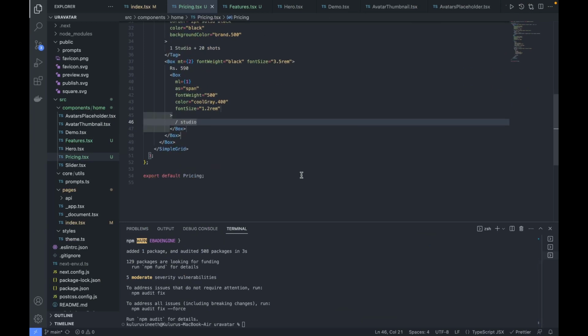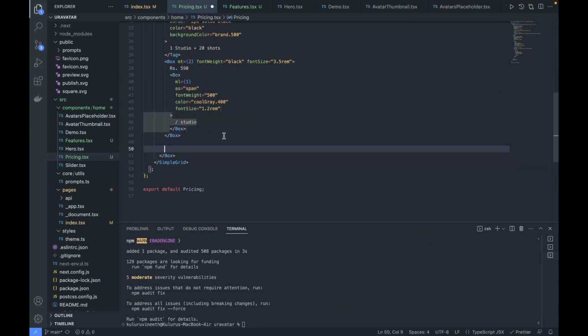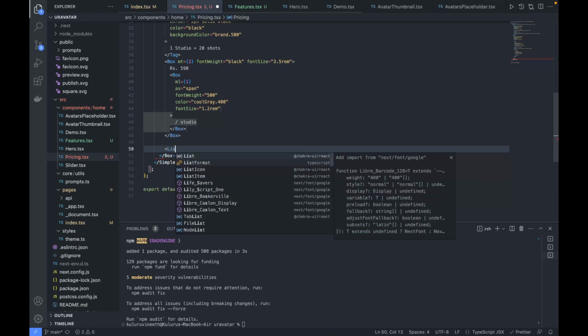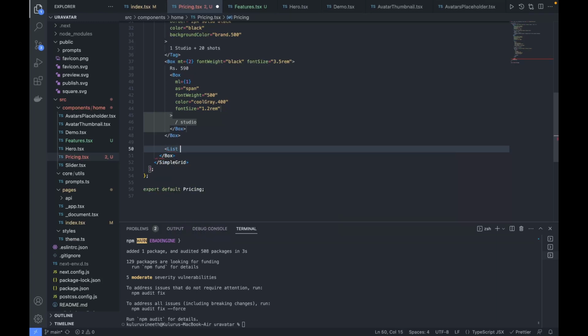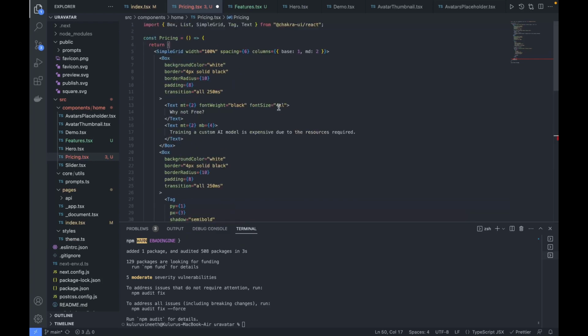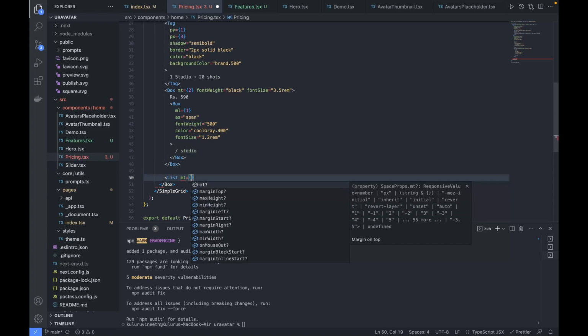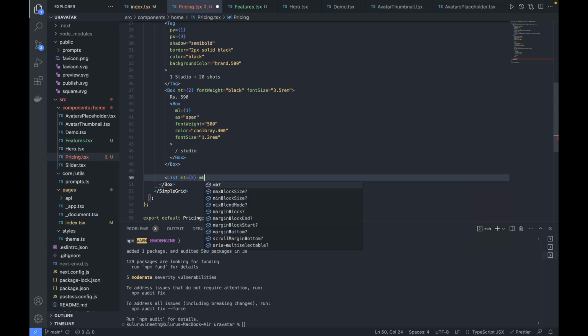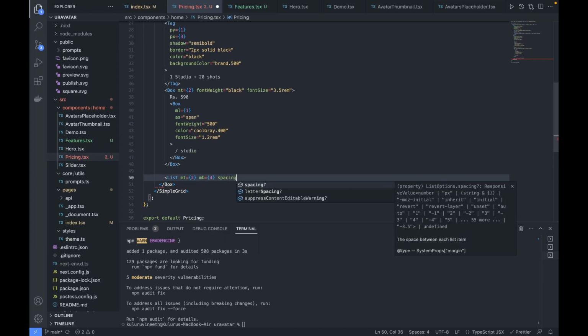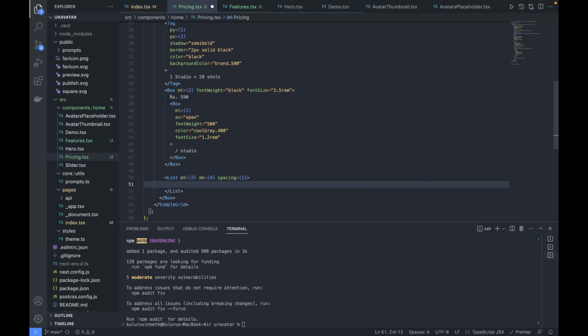So going back, just beneath this, outside of these two boxes, we will create a list of the kind of points. Again, the list comes from ChakraUI. Give some margin top as 2, so that there will be enough space between the above content, and give margin bottom as well 4, so that it will not touch our border, and spacing between each as 1. Okay, fine. So now inside this we will